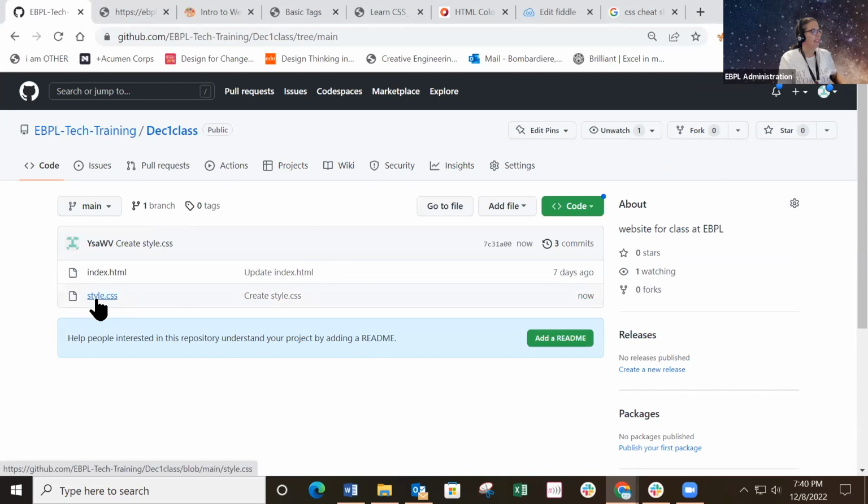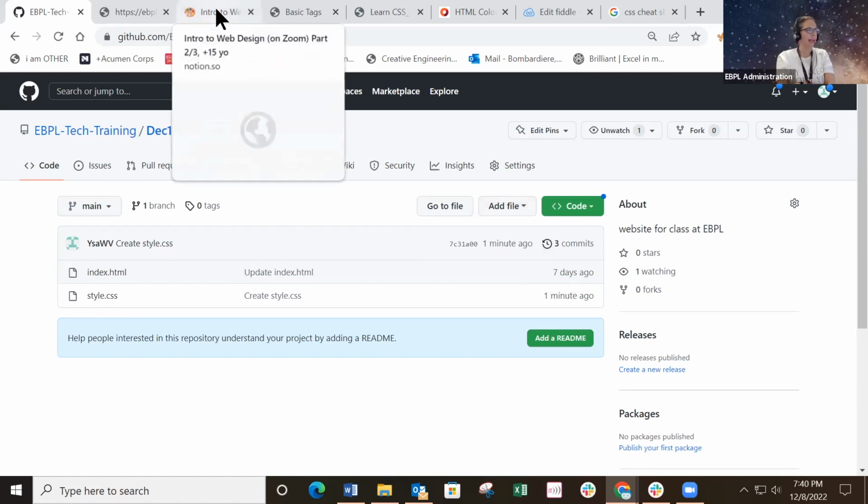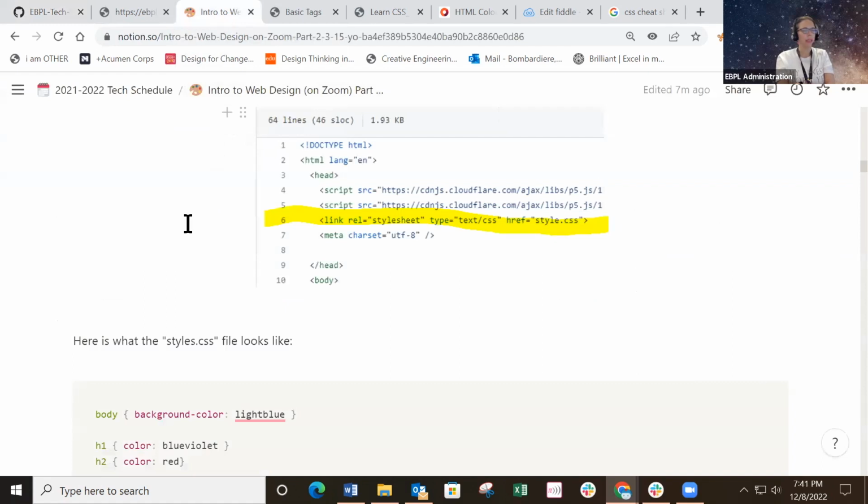So you're gonna have style.css. Let me know when you have that. Remember, you go to add file and create new file, and you just type at the top style.css, lowercase. Okay, so once you are there, we're gonna go to the handout. If you are in the handout,